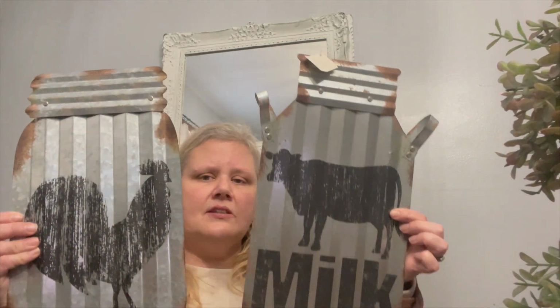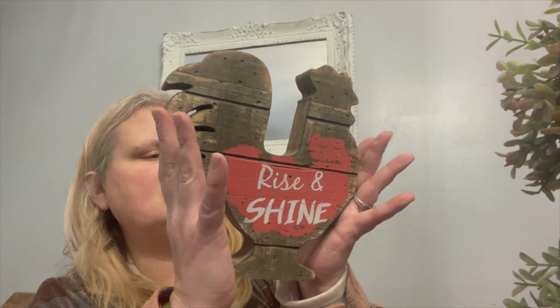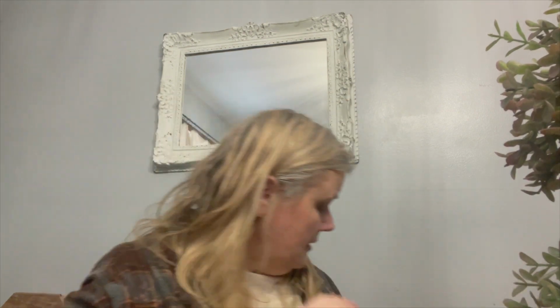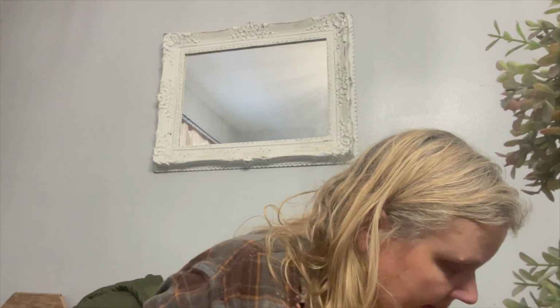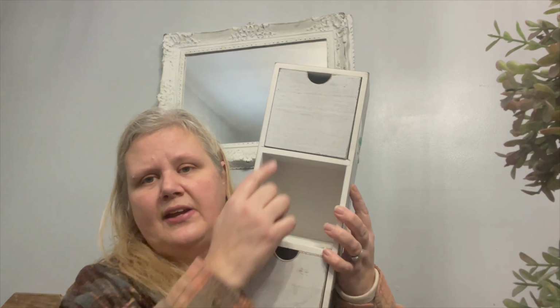We got these. And these I won't do anything to, so they'll go in the store as is and just get hung up immediately. Same with this guy. He's just a Hobby Lobby piece, but he's cute. This looks to be missing one of the drawers, which is fine. I will probably number these just to give it a little bit more character,